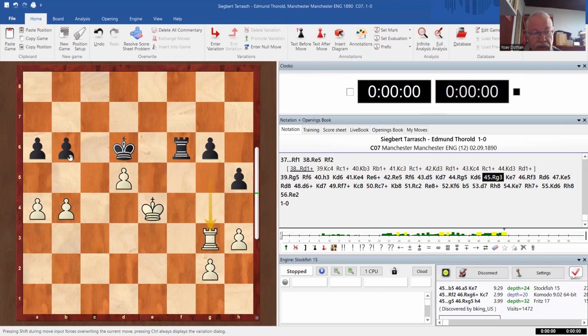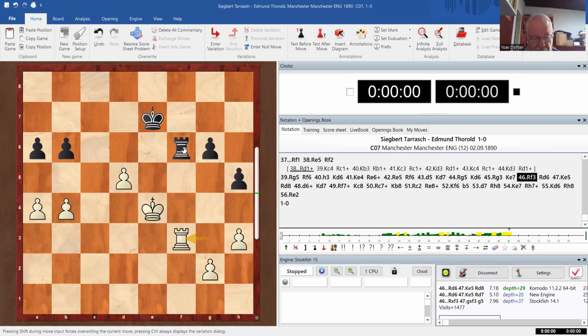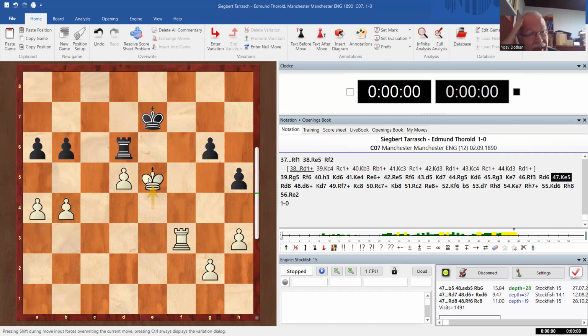Now, the pawns cannot advance, so the rook must defend the G6 pawn. The only piece that can move is the king. And now again, rook F3 trying to exchange the rooks. Rook D6, and finally king E5. The king advances. Remember always in the endgame, as the pieces are less and less, the king becomes more and more stronger. So remember always to use your king